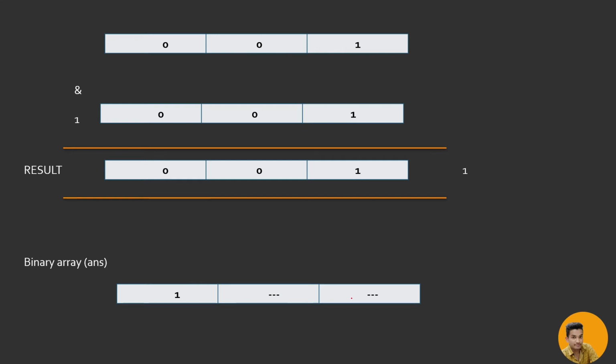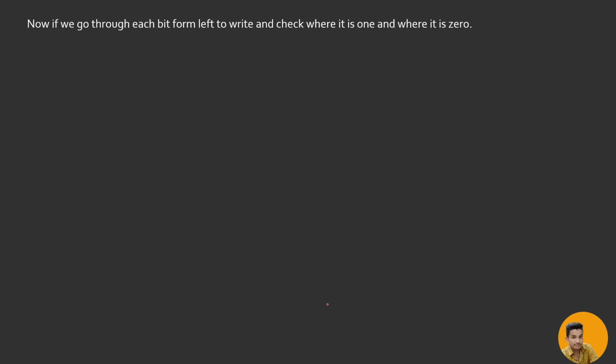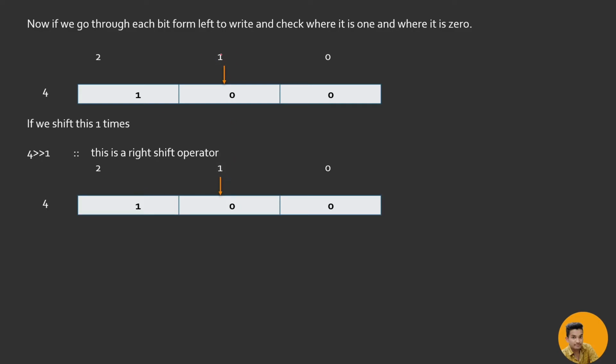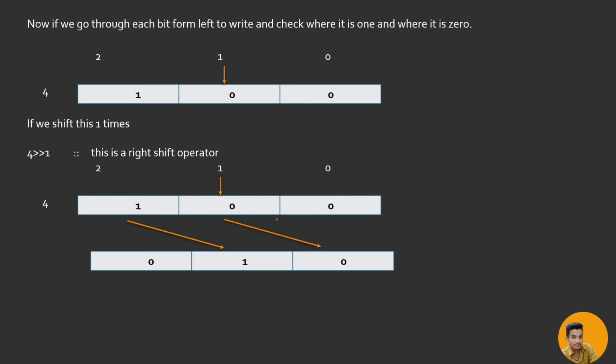Now we need to do this for these two. Again we need to scan from left to right. Now we are done with this, our index position will move to 1, this place. Now we'll perform again, but this time just a single shift, because this is 1. And why is this single? Because we just need to shift it here and we will reach the extreme right. Okay, so this is one shift operation done.